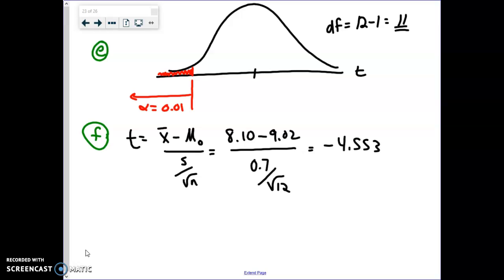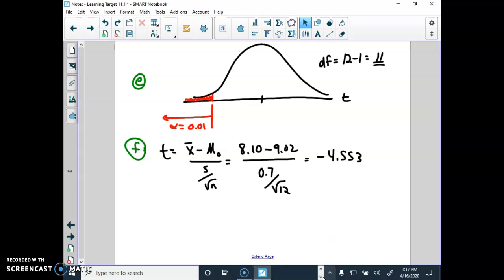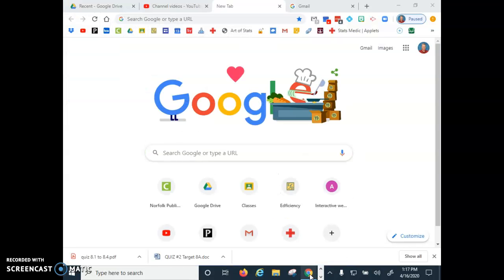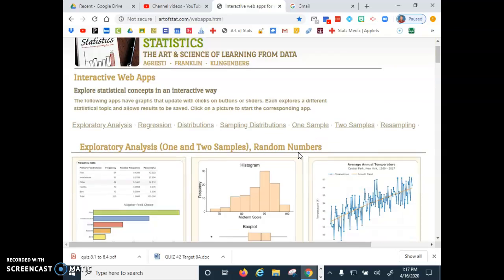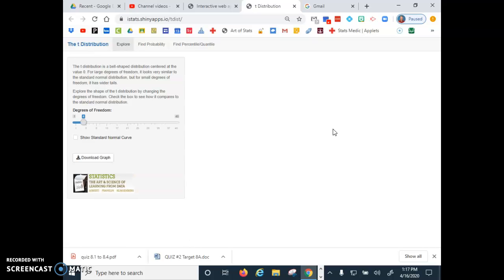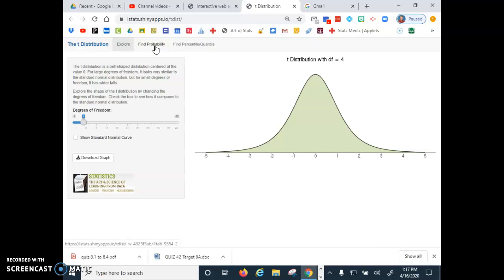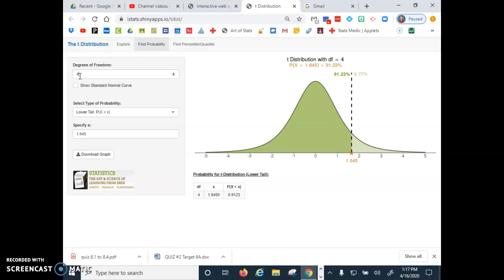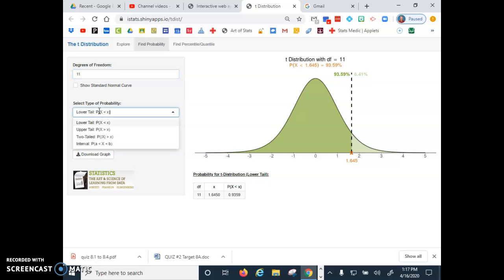All right. So I'm gonna go over to my computer, and we're just gonna go to our stat app. I need to go to the R2Stat app. We're going to go down to a t distribution, and we're going to go to find probability, because that's what a p-value is. It's a probability value. Now, our degrees of freedom was 11 because it was sample size minus 1, 12 minus 1. It is a left-tailed test because that's where our alpha was at. So it's a left-tailed test. And then we specify our test statistic, negative